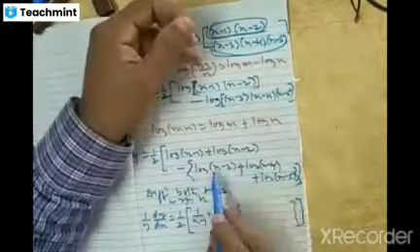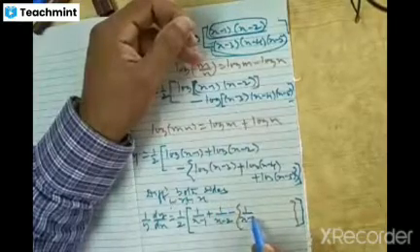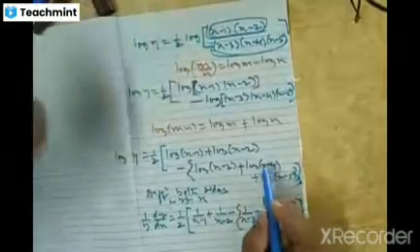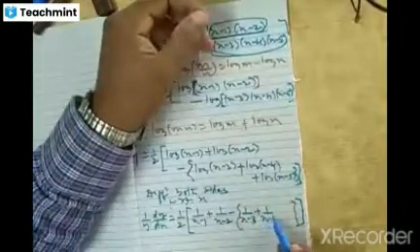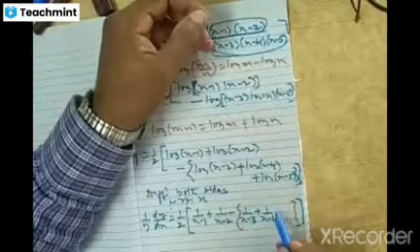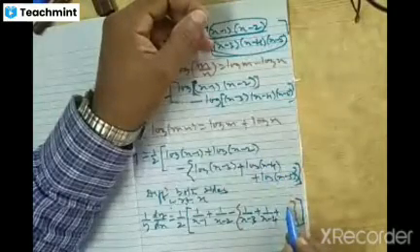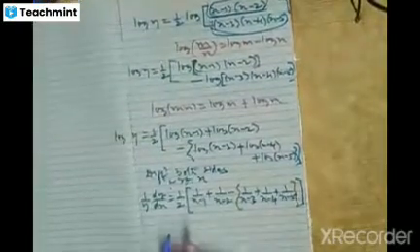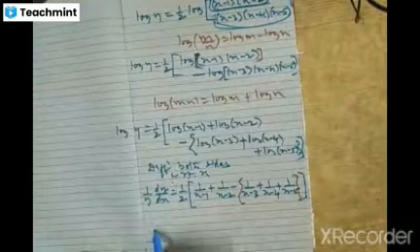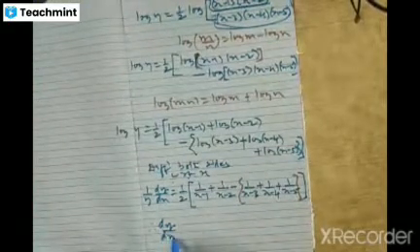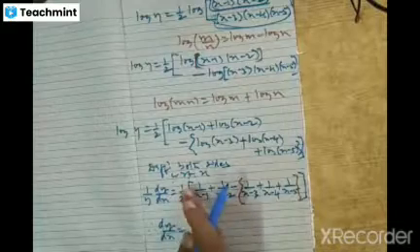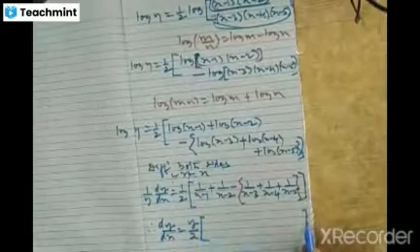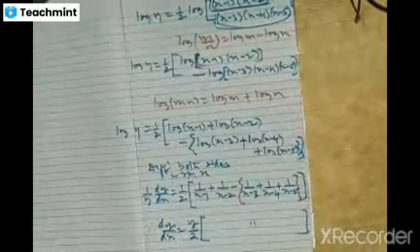d by dx of log of x minus 3 is 1 by x minus 3 into d by dx of x minus 3 is 1, plus d by dx of log of x minus 4 is 1 by x minus 4 into d by dx of x minus 4 is 1, plus d by dx of log of x minus 5 is 1 by x minus 5, correct? So, we are interested in dy by dx, therefore dy by dx is equal to, so this y goes to numerator of RHS, so y by 2 into this, I am not going to complete it, okay.